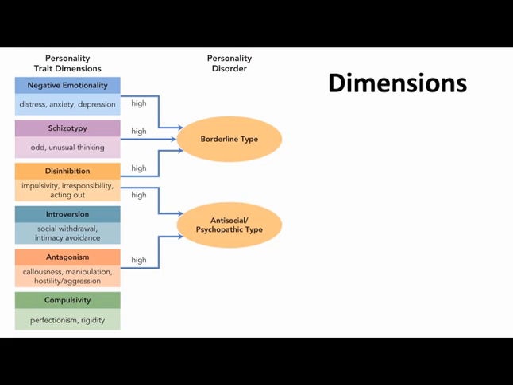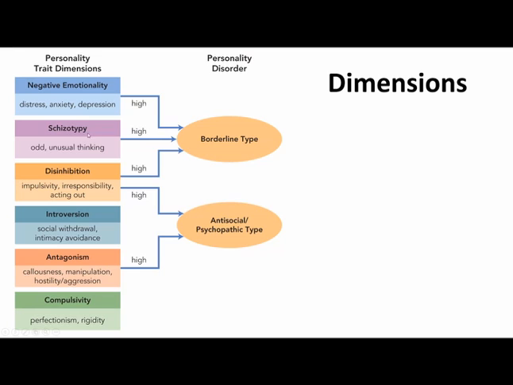You might notice that some of these terms that we're evaluating to try and figure out personality disorders are pretty familiar. So things like introversion. We talked about that scale of introversion to extroversion in normal personality. But for our other scales that we're looking at when evaluating personality disorders, we can look at negative emotionality. So one end of the spectrum is negative emotionality, the other end is positive. So if you score high on negative emotionality, you're experiencing distress, you have anxiety, depression, that sort of thing.